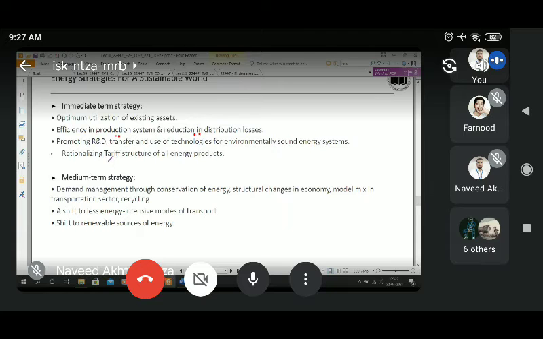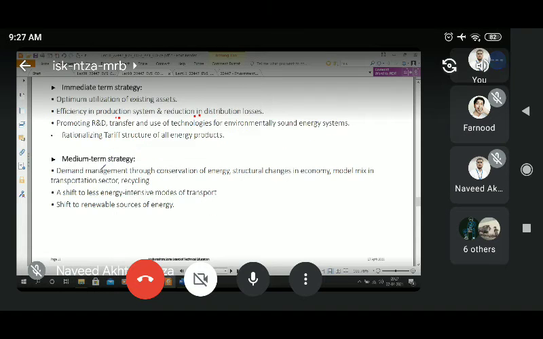Similarly, the medium-term strategy: demand management through conservation of energy, structural changes in economy model, mix in